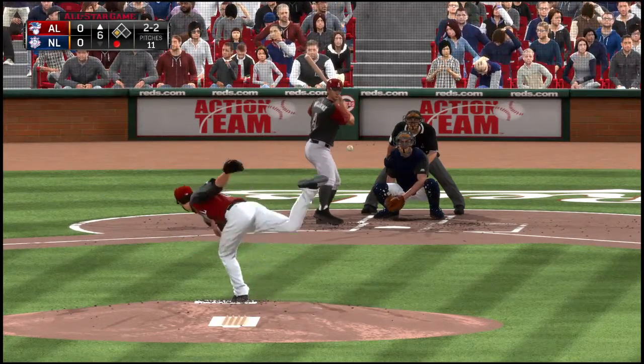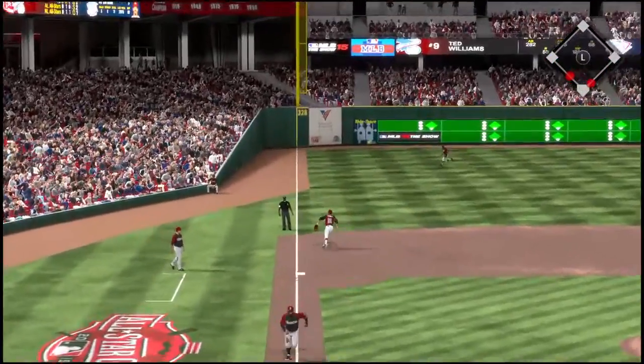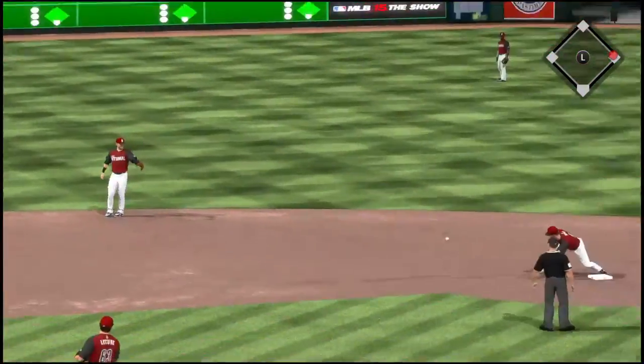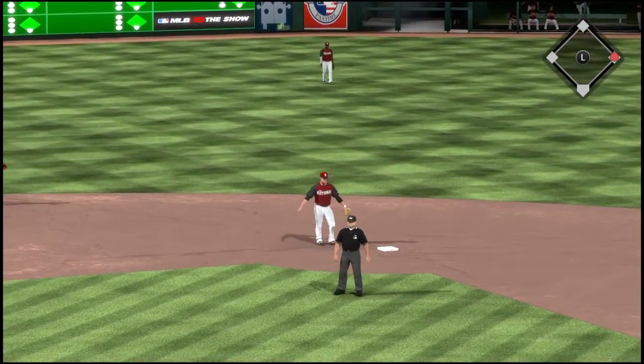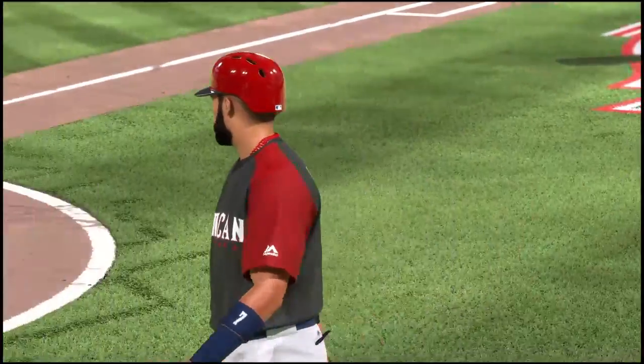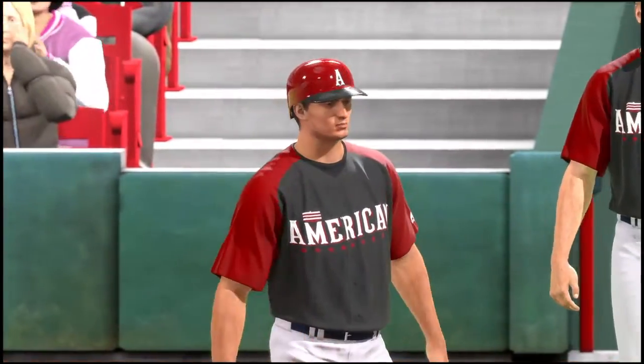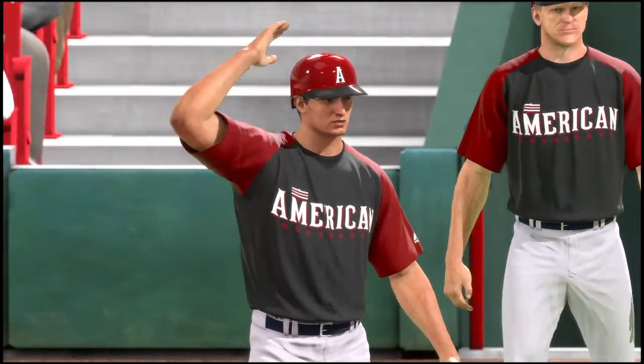Two pitch on the way. Now a ball sliced hard on the ground. And a backhanded try, but it's just out of reach, and that's going to score the run from third. We knew this game wouldn't stay nothing forever. Now, here in the 6th inning, the question will be, can they add on?